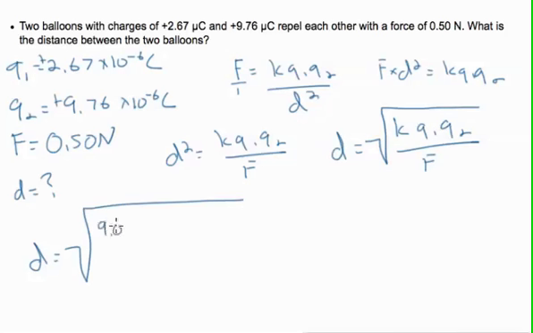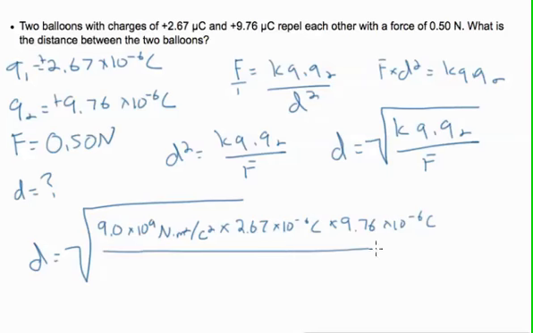We know that K is 9.0 times 10 to the 9th newton meter squared per coulomb squared, times 2.67 times 10 to the negative 6 coulombs times 9.76 times 10 to the negative 6 coulombs, divided by 0.50 newtons. So if you look at the units, newtons cancel out and coulombs cancel out, giving you meters squared. So when you take the square root,